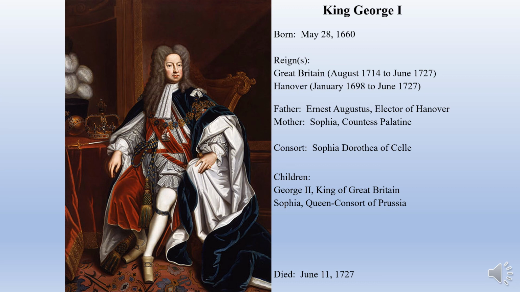Now, one thing about George I is he's going to spend very little time in the United Kingdom. He is only going to be king for, I guess it's about 13 years. And he never learns the language. He doesn't learn English. He doesn't like much about England. And so when he dies in 1727, most of the English people really have no attachment to this king. He's more of a transitional king in that respect.